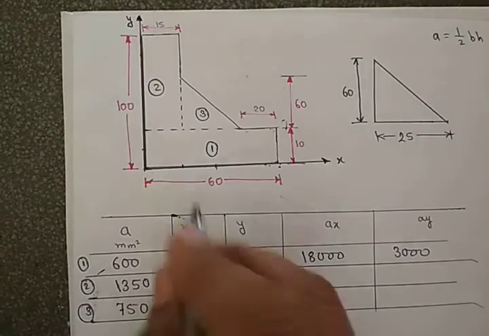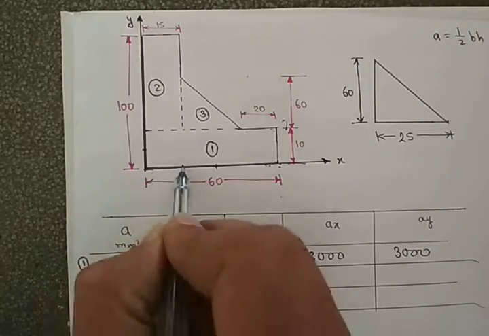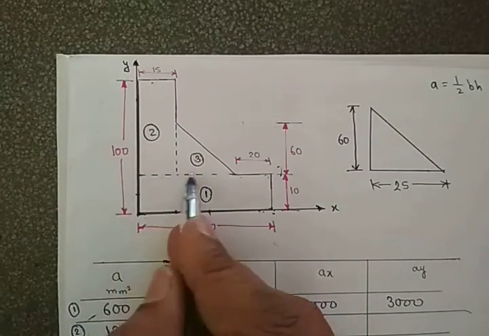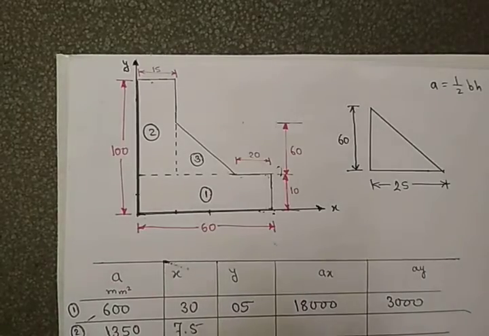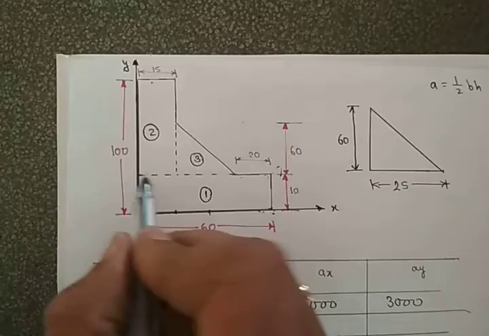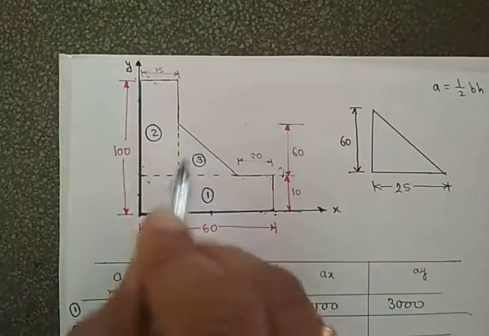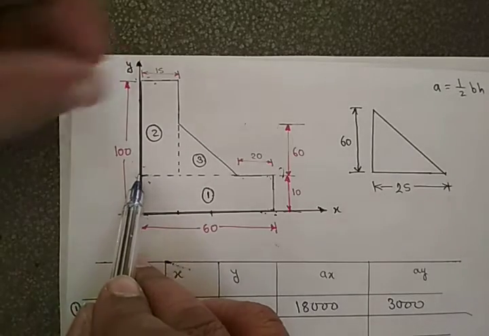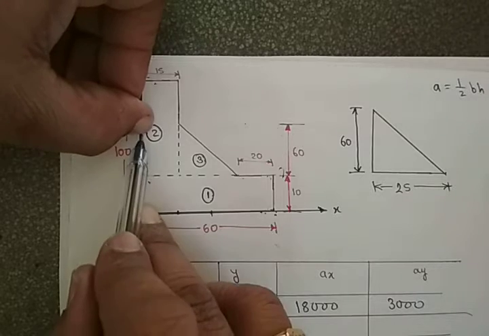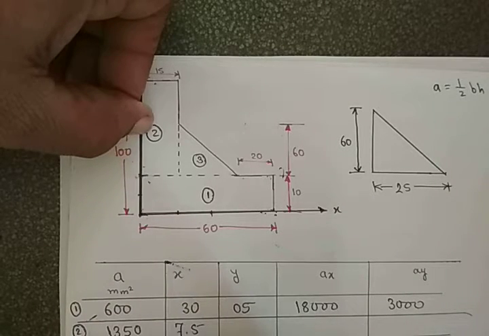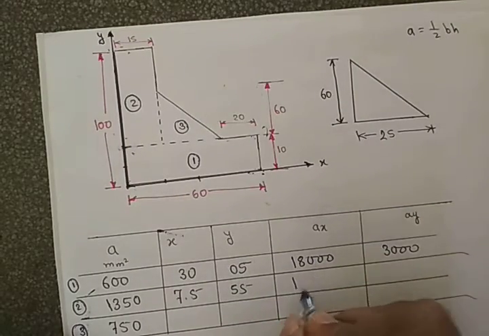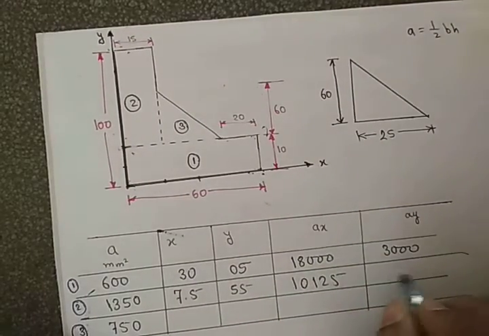Okay, now next, for the second figure, what is the half in the x-axis? It is 7.5, because this is 15, this is 15. So the half in the x-axis is 7.5. And what is the half in the y-axis? What is the height of this figure? 100 minus 10 becomes 90. And what is the half of 90? It is 45. 45 plus 10, it is 55. Now multiplication, again we will get 10125 and